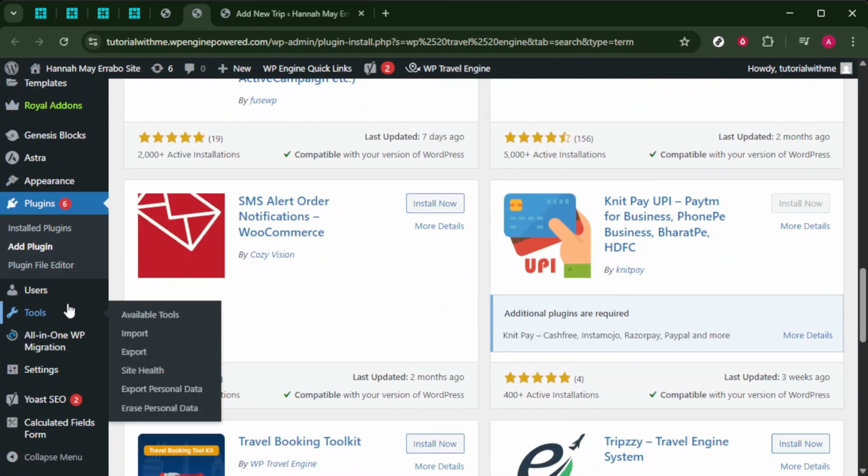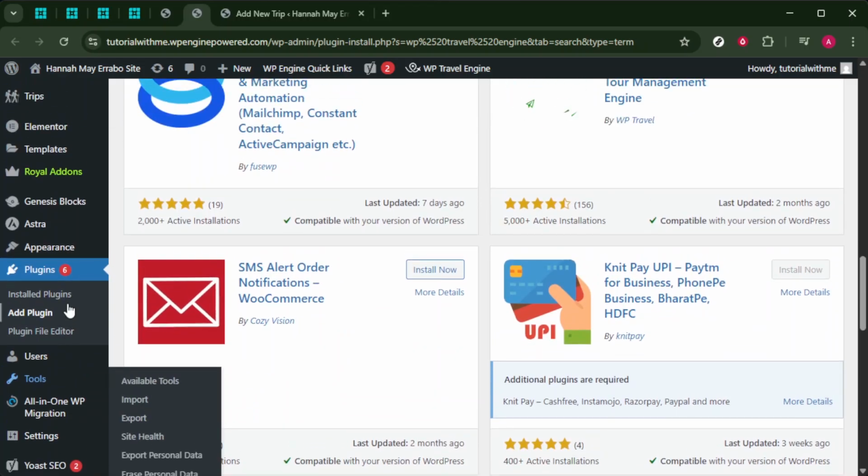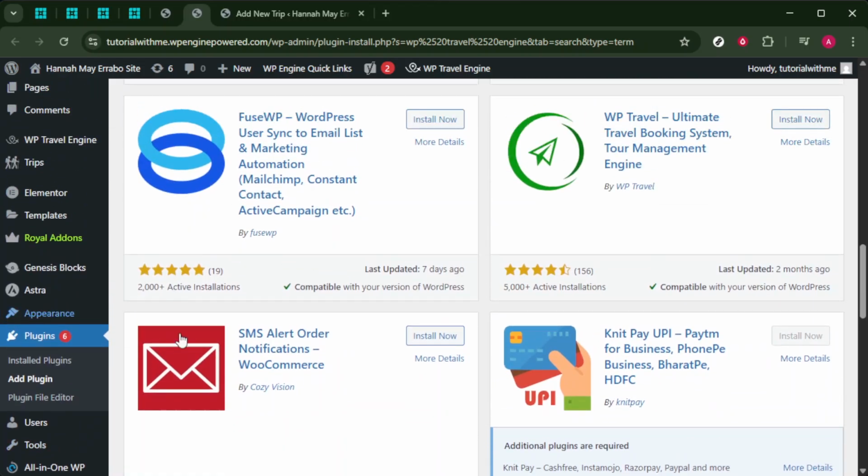Once all your information is filled out and reviewed, it's time to publish. Hit the Publish button to save your work and make the trip live on your website. To see your creation